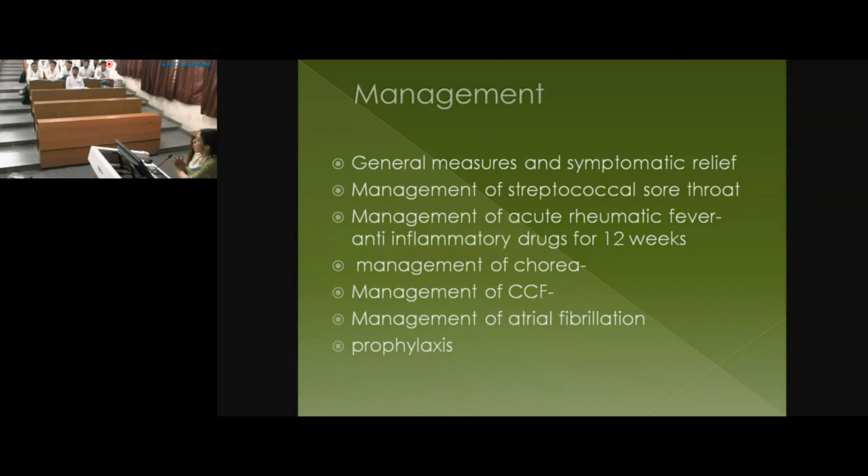You manage the streptococcal sore throat. I told you, even though the streptococcal sore throat was there in the past, we want to eradicate that strain, so we still give either penicillin for 10 days or a single dose of benzathine penicillin. What are the types of penicillin that you know of? What is oral penicillin? Phenoxymethylpenicillin. For adults it is 500 milligrams BD, and for children 250 milligrams BD.